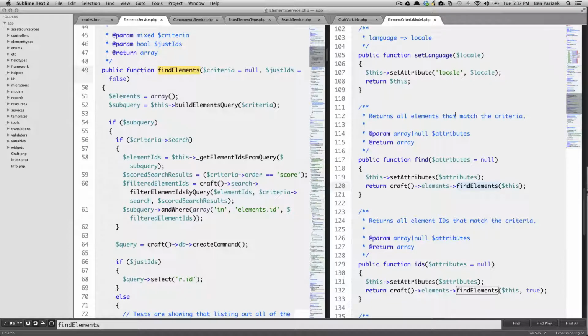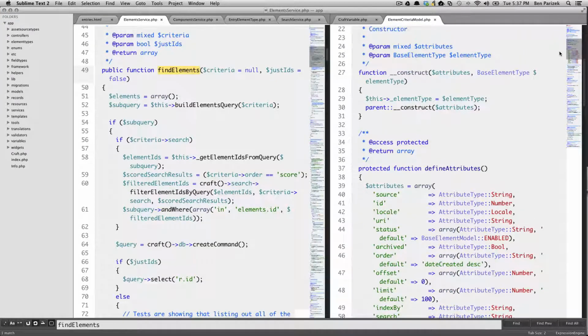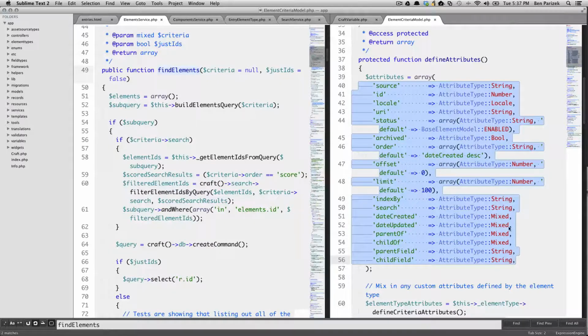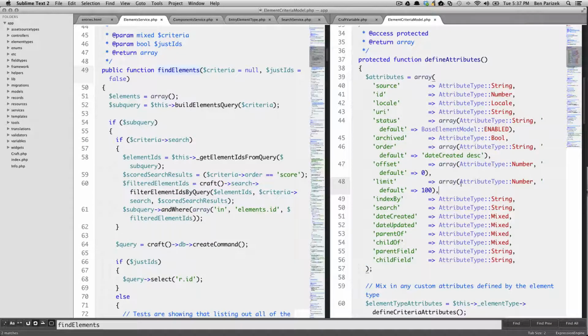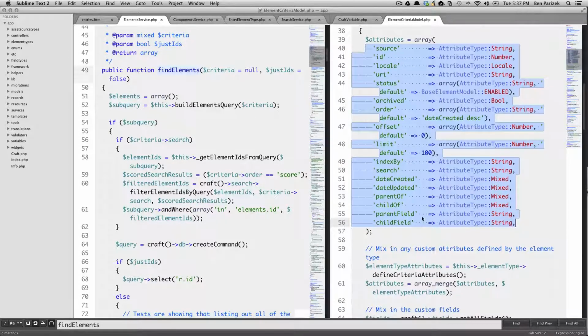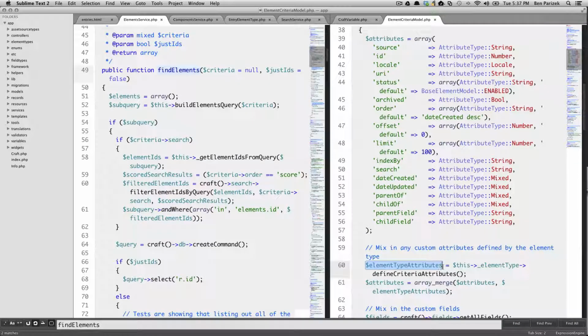And I don't know how much they've really been documented or how many people are experimenting with them yet. But I was finding it interesting that when we get to this element criteria model, the first thing that happens is we define a series of attributes that exist on every element type within Craft. Correct me if I'm wrong, because I am definitely at the edge of my knowledge here. But every single element is going to have these different attributes. And then the next thing that happens is we define criteria attributes, which, since we passed in our entry element type to this query, it's calling